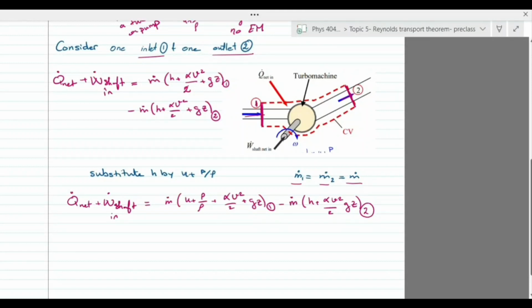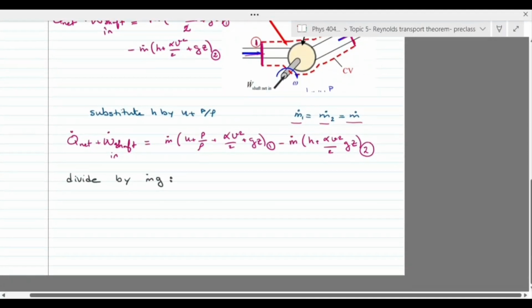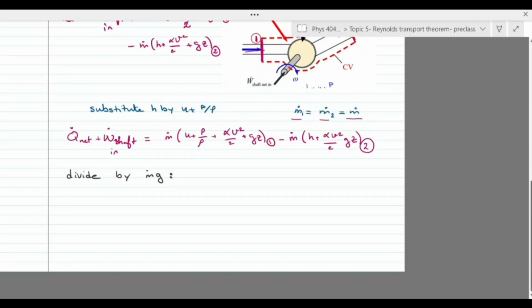You can see that my equation now has a bit of a simplified form as compared to the first one. Now, in order to obtain the head form, I'm going to divide by m dot g. This, you will see, is going to give me units of height in my equation rather than units of energy. I'll have Q dot net over m dot g plus W dot shaft in over m dot g equals